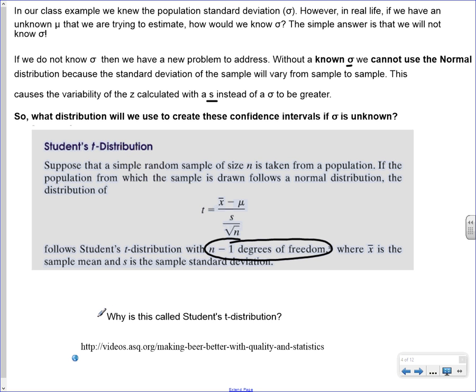Now the t-distribution is kind of an interesting distribution, and down here, if you have time, I would say you can watch this little video. What this video goes over is how the t-distribution was created. And basically, the short version is that back in the late 1800s, early 1900s,